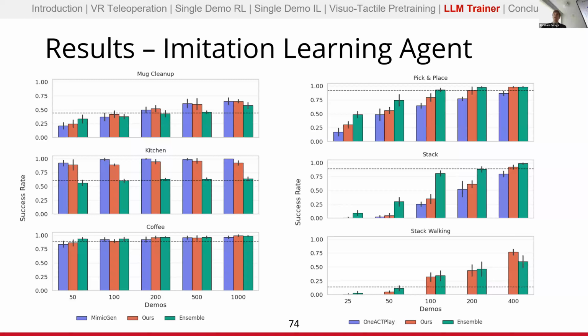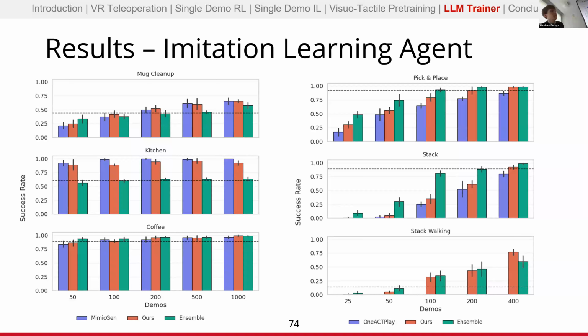This is because our ensembling method has the key assumption that we detect a failure and then switch to the imitation learning agent to fix it. But for some tasks, once you fail, it is just completely unrecoverable. And in these cases, that means that our ensemble performance is going to be just inherently limited to what the LLM agent can do, because by the time we failed, we failed.